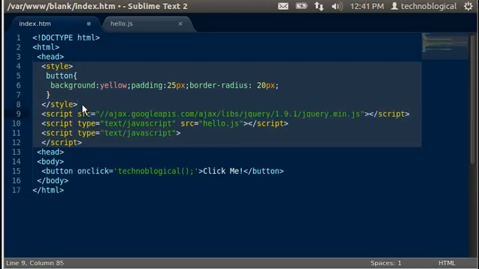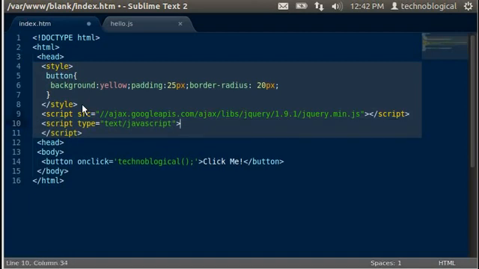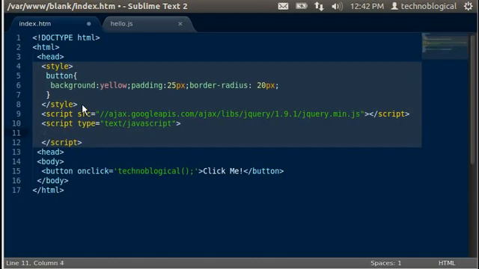So let's go ahead and hit enter, and we're going to paste that. They didn't do the type equals text JavaScript. We'll just let that slide for right now. As you can tell, this is the minified file, which means it's been condensed to make it even smaller and run faster. But let's go ahead and get rid of this external that we made, and do what's called jQuery. So jQuery's got an unusual way of writing. So you can do a $, and then you can do open quote document